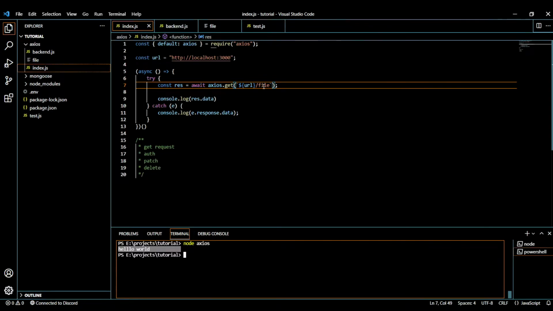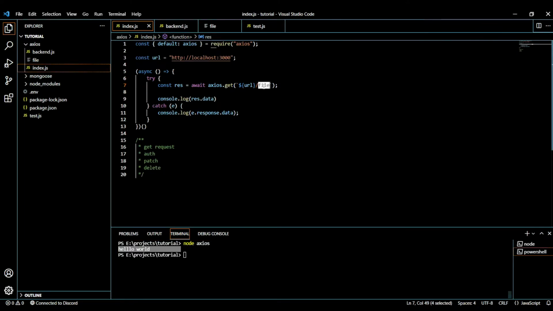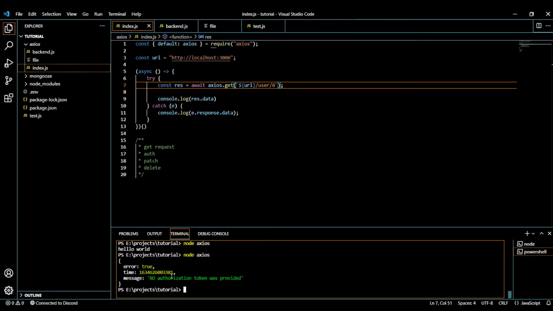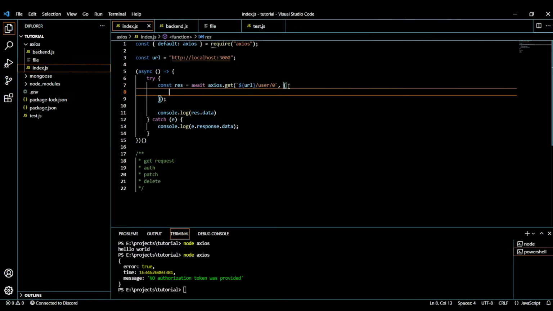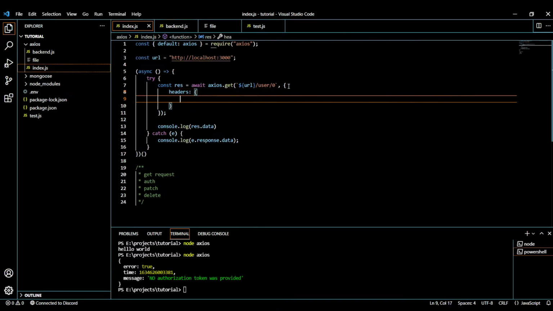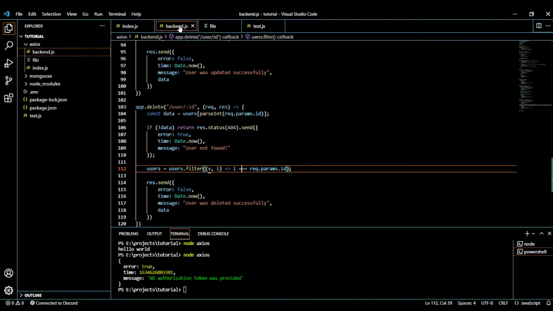For example, if you are using an API, most APIs require some API token, right? So for that we have to provide a header, and I will teach you how to do that. Right now if we make a request, we get a 'no authorization token was provided' error. So we have to provide another parameter, and in there we will give a property called headers, and in that we will give a property called authorization.